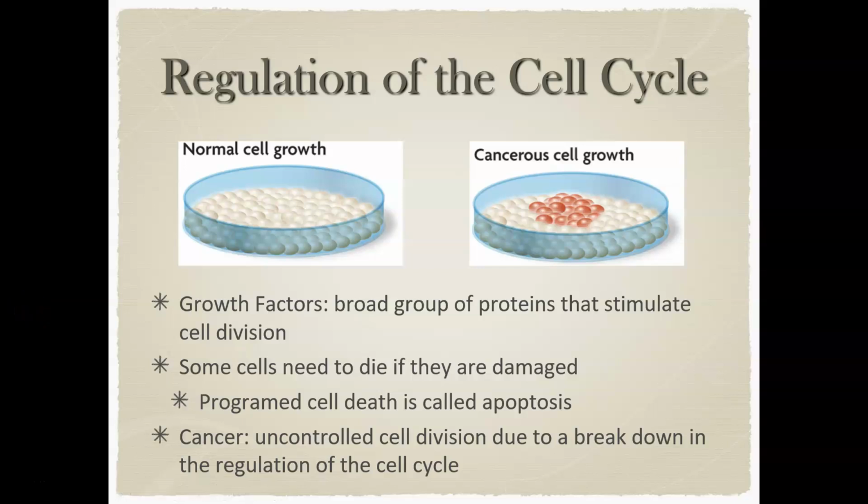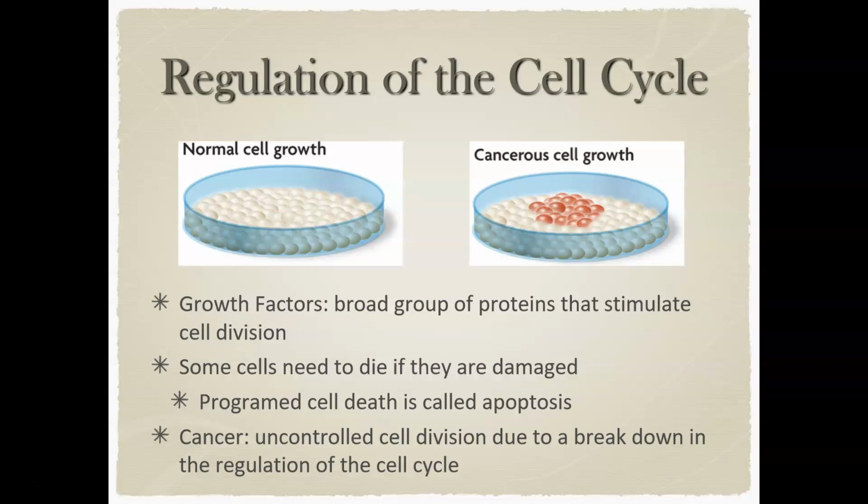So today we're going to talk about the regulation of the cell cycle, or more specifically, what happens when that regulation doesn't go as planned. When we look back at the cell cycle itself, remember that there really are three major checkpoints. You've got one at the end of your G1 phase, one at the end of G2, and then you have that third final checkpoint at the end of metaphase in the actual mitotic division itself.